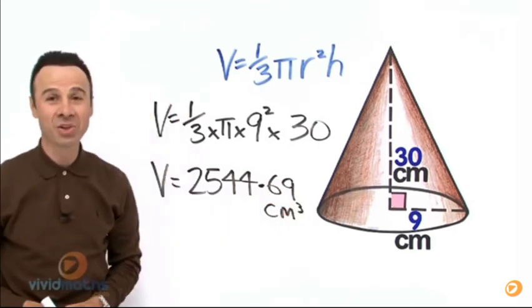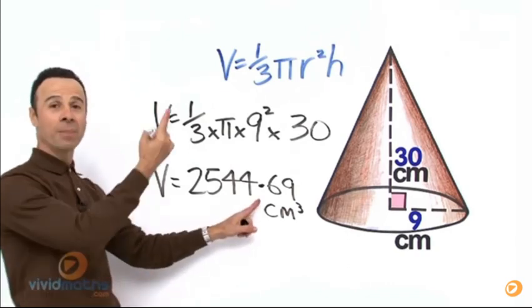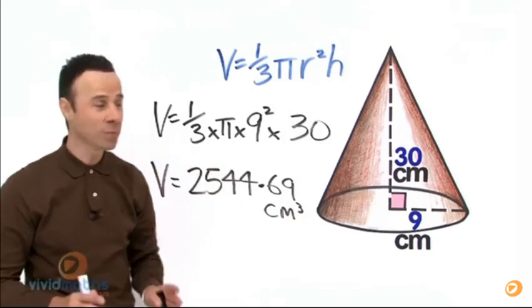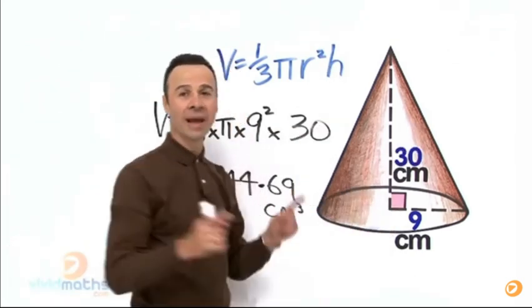Now we need it to the nearest centimeter cube, so we're going to need to round which way? Up, right? Because it's 0.69. So let's round it up to the nearest centimeter cube. The total volume and content and capacity in this solid is